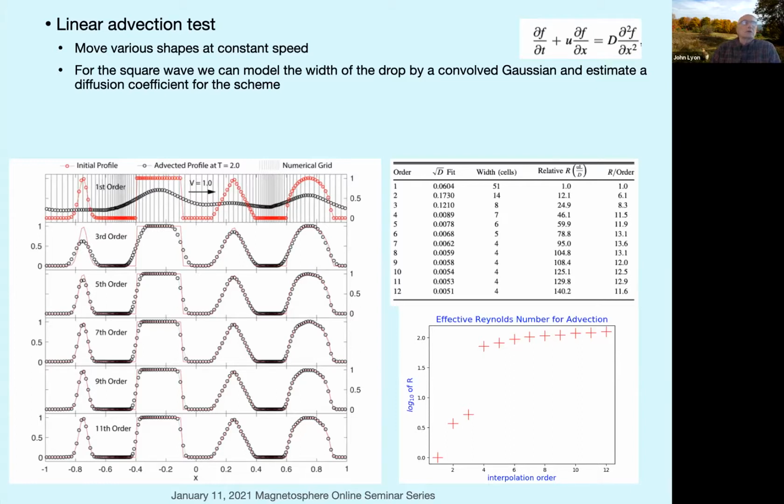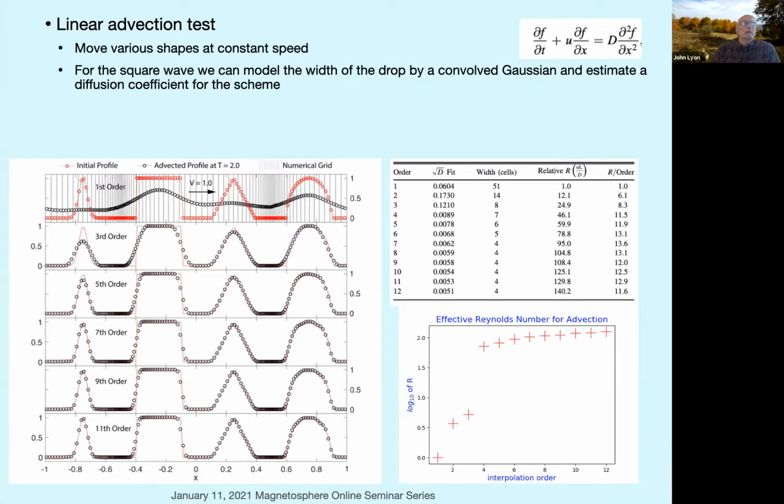The cell Reynolds number is small enough that most of the structure that you would like to see is lost, because the magnetosphere and virtually every space system has a very high Reynolds number, almost dissipationless in that sense. And that leads to different phenomena than you would get with a low Reynolds number. In any event, you can see that as you go to higher order, you're able to do a much, much better job